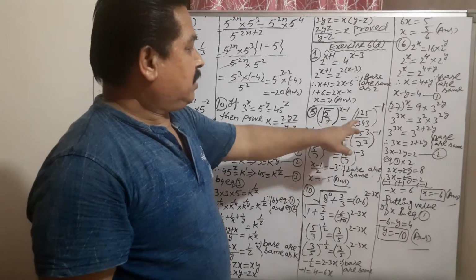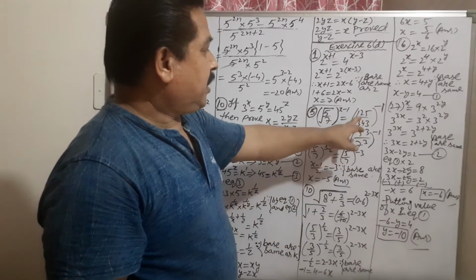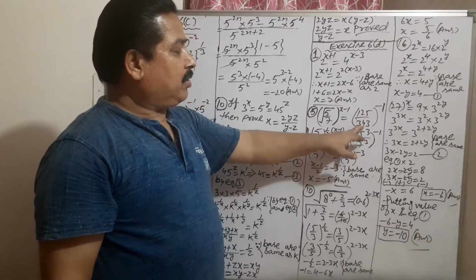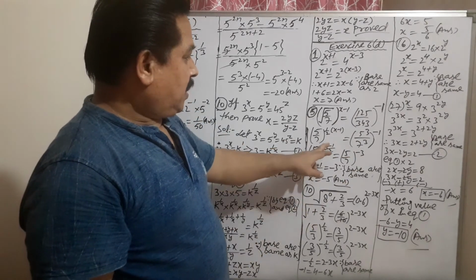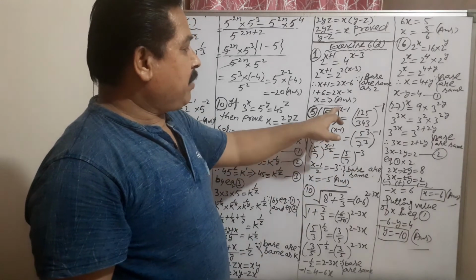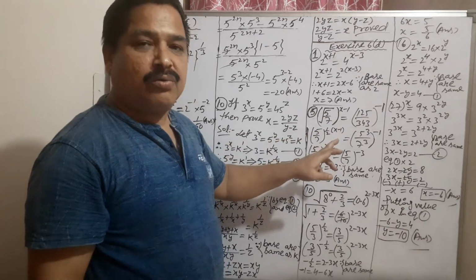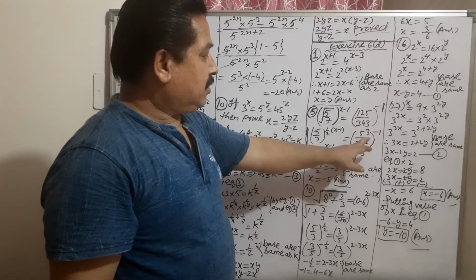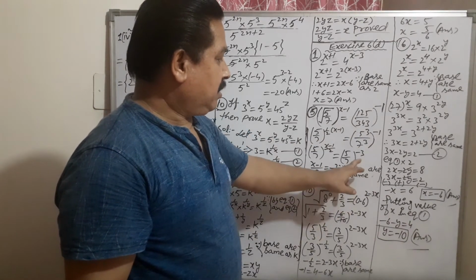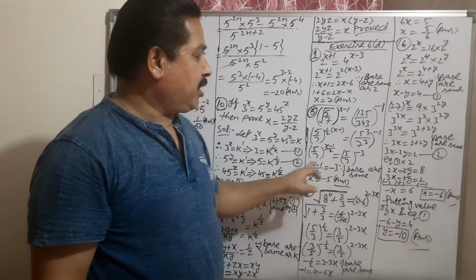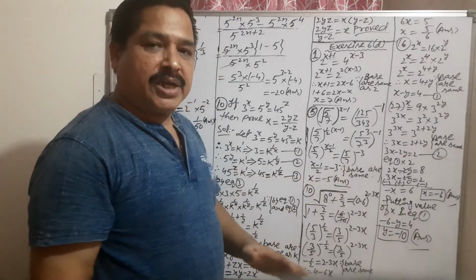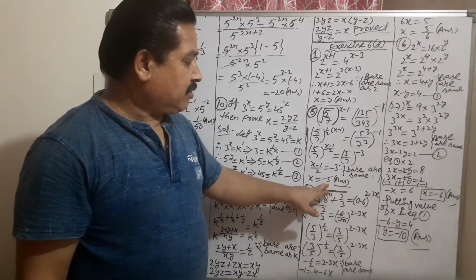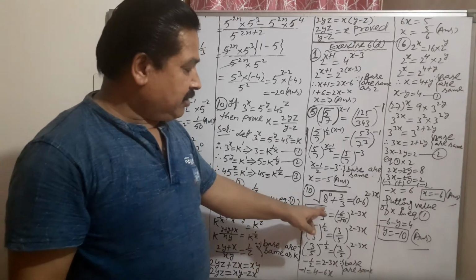Question 5 is here. Now write in the smallest form, in the power form I mean: 7 to the power 3, 5 to the power 3. And see here, root is here. Root can be removed by putting power 1 upon 2. This is the rule: x minus 1 upon 2. And similarly here, 3 is here, you can take it over here as minus 3. Both sides, bases are the same again. Now equating the powers, taking equal powers, cross multiplication, x will come as minus 5. Answer. See the 10th question.